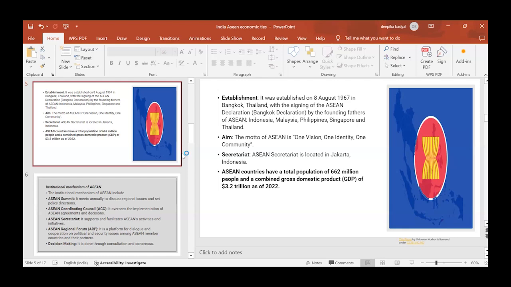If you look at the history of India-ASEAN relations, it was in 1992 that India established a sectoral dialogue with the ASEAN group. When we launched the Look East policy, within a few years, India became a full dialogue partner and a member of the ASEAN Regional Forum, that is ARF, which is a much larger group led by 10 ASEAN countries. They bring together other 27 countries from Asia to form the ARF. India is a full dialogue partner. So India is pursuing a couple of connectivity projects with the Southeast Asia region.